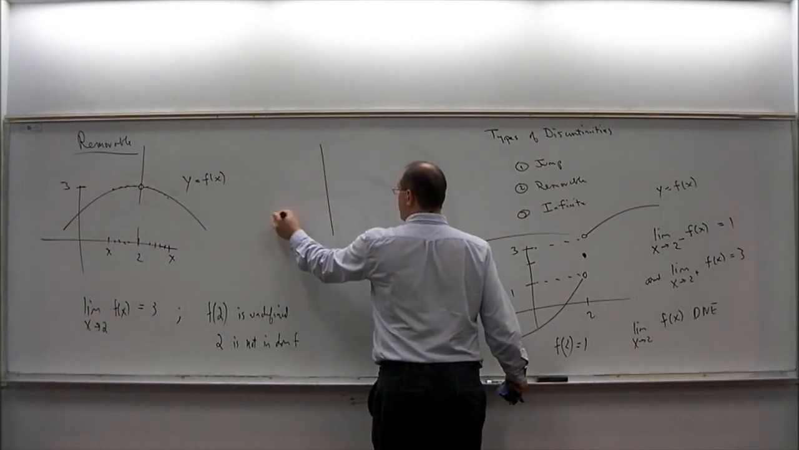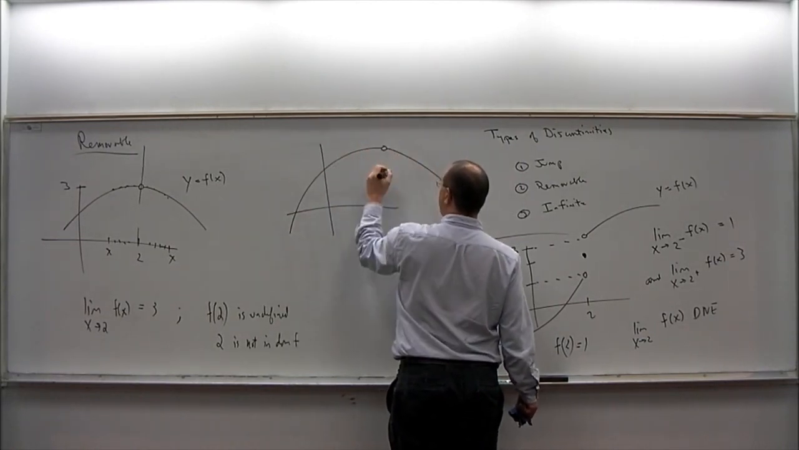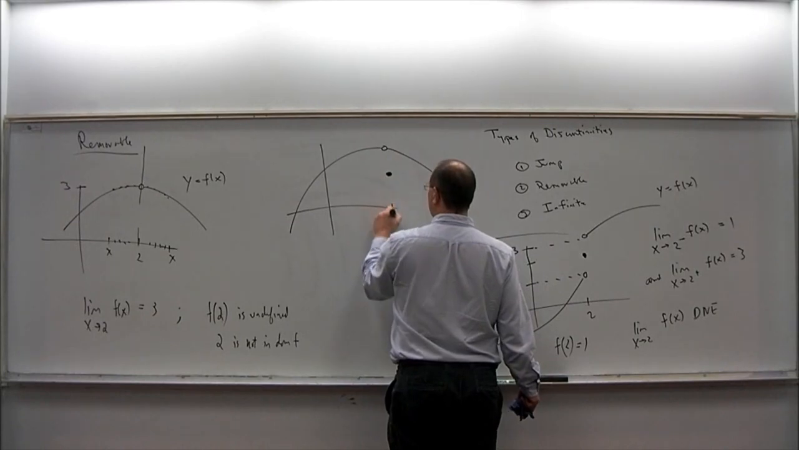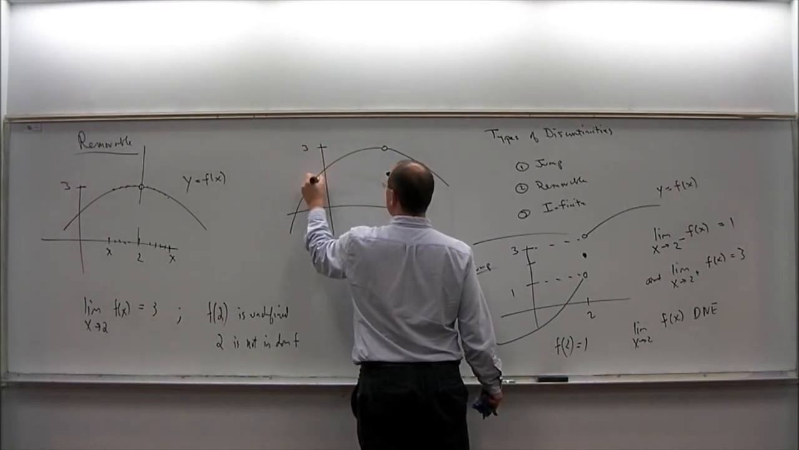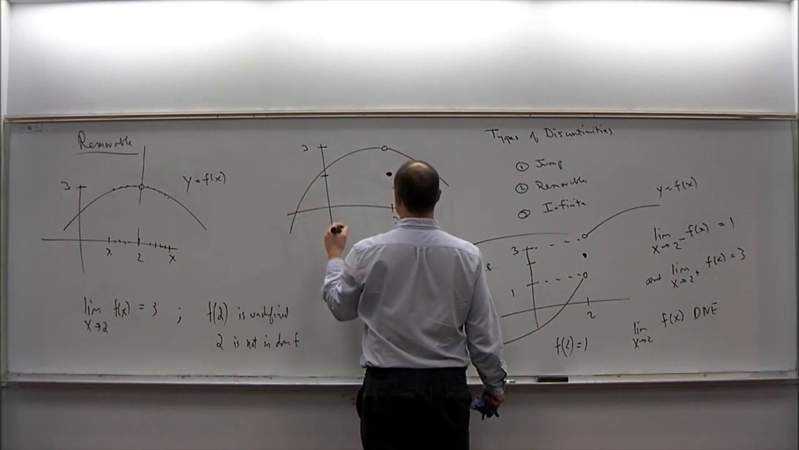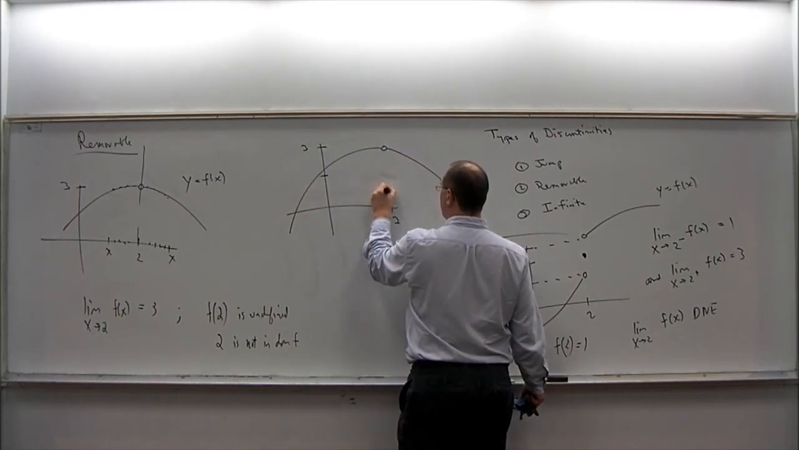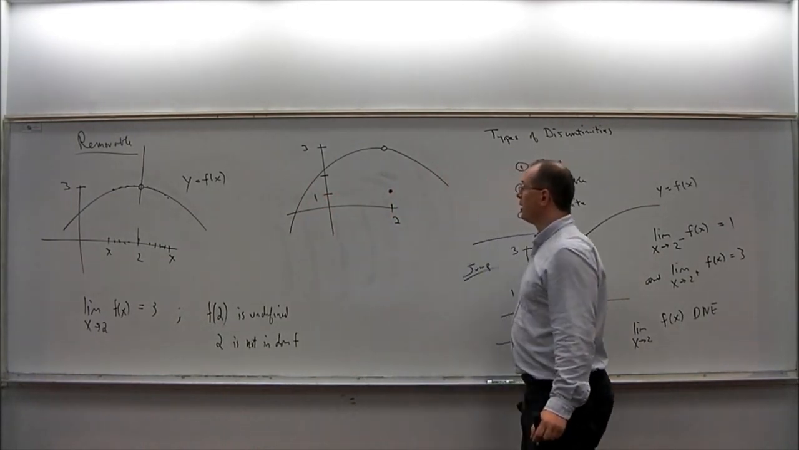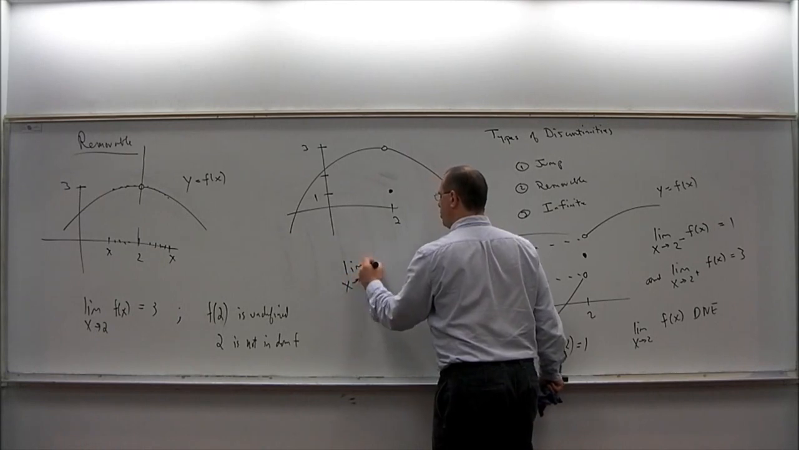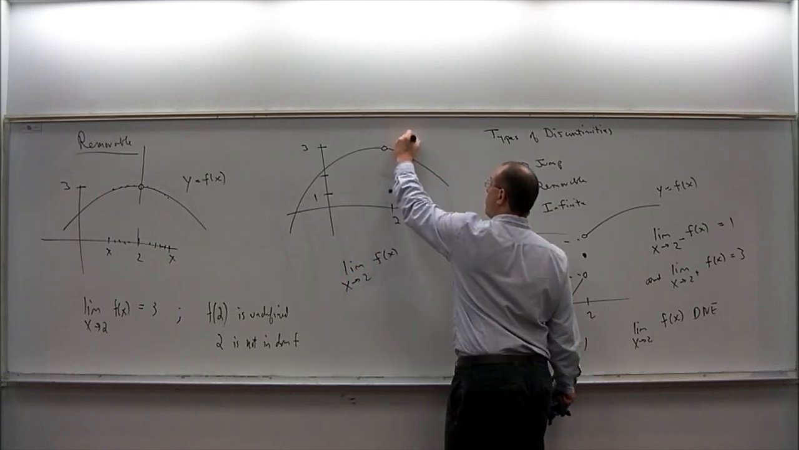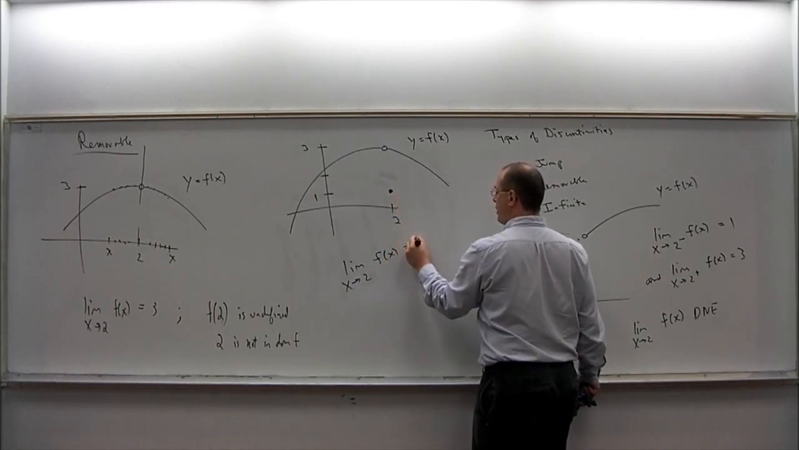Another possibility similar to that is you draw basically the same picture. Let me put the dot down here. So this is 2 again, this is 3, and let's say this is, let me make the dot lower and make it 1. So in this case, the limit as x approaches 2 of f of x, this is y equals f of x again, this limit is 3,